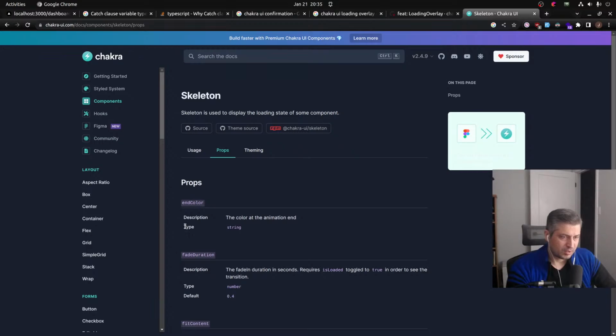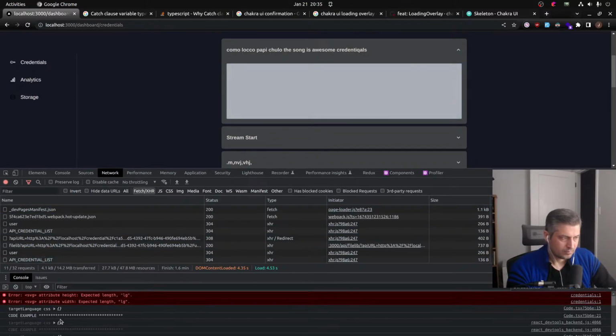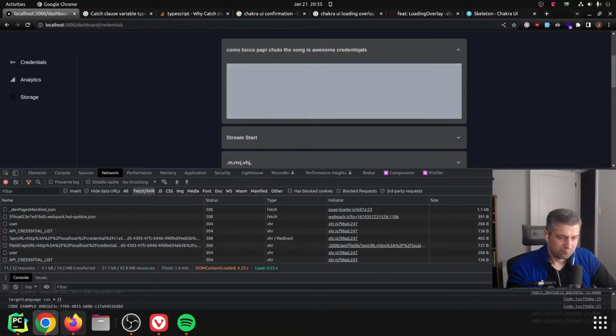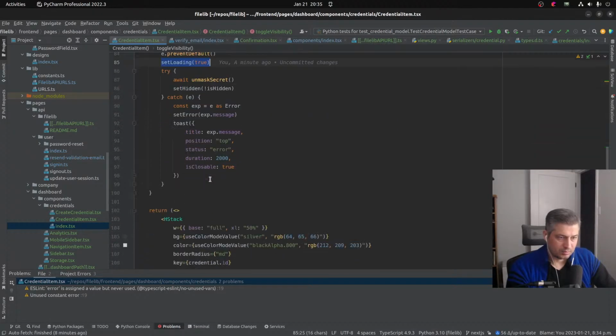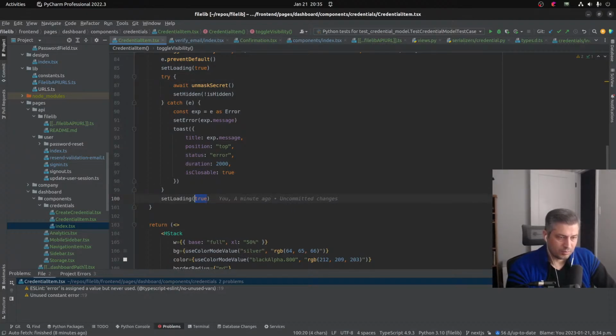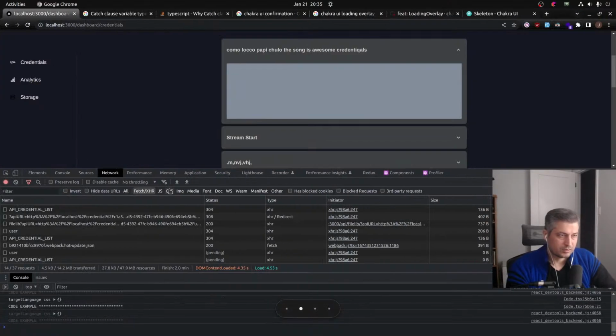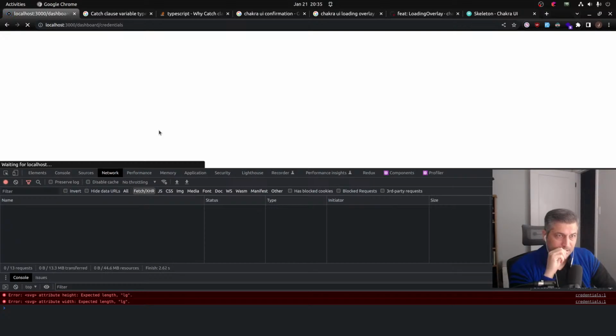There's not really much in this. Okay, so we're gonna say set loading true, and then right down here at the end of everything, set loading to false. Cool. So let's do these, and then